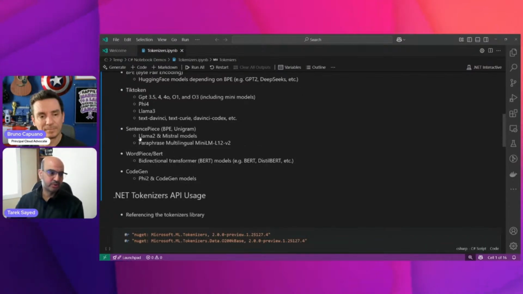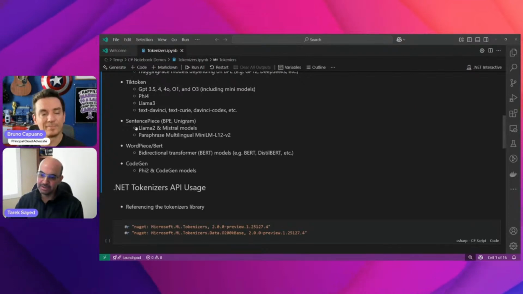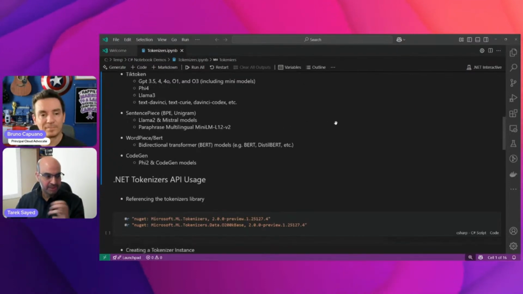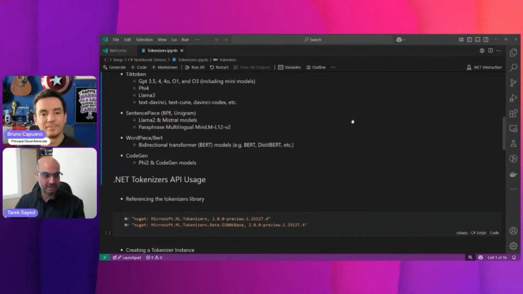One example is Llama 2 and Mistral models, which already use SentencePiece today with the BPE model inside SentencePiece. We have another, paraphrase-multilingual-MiniLM, which uses what we call the Unigram SentencePiece. So you can use our library to tokenize with this kind of tokenization.